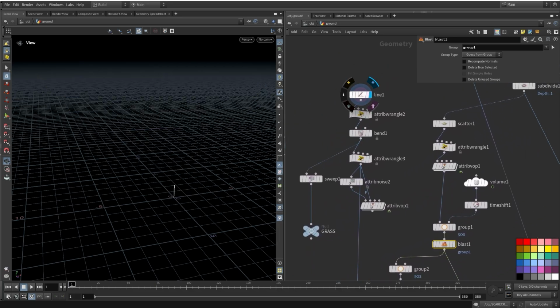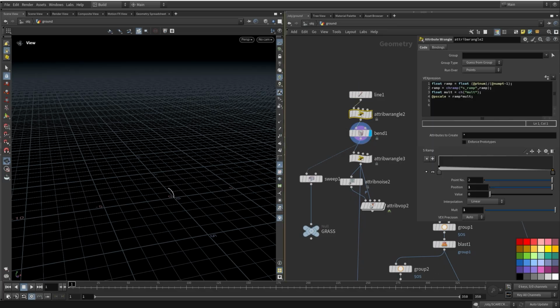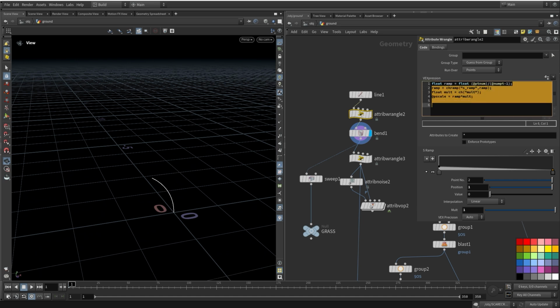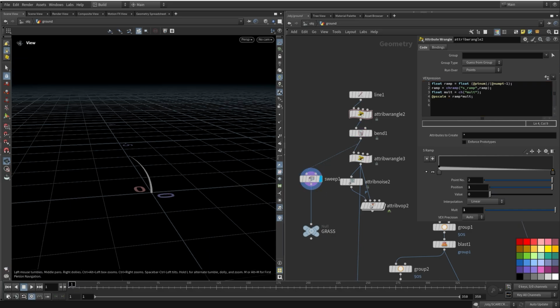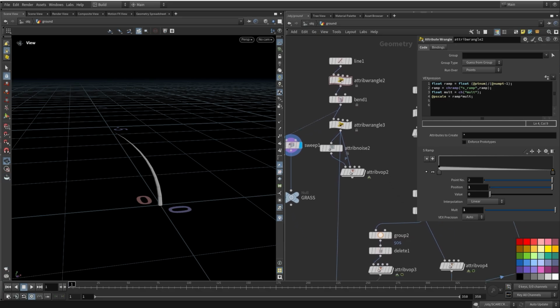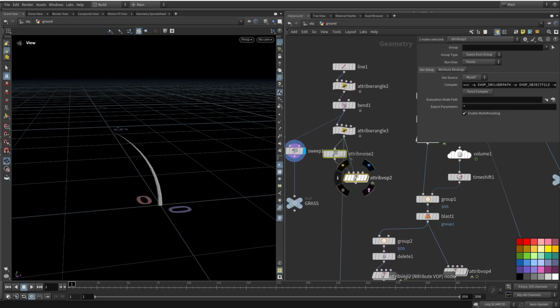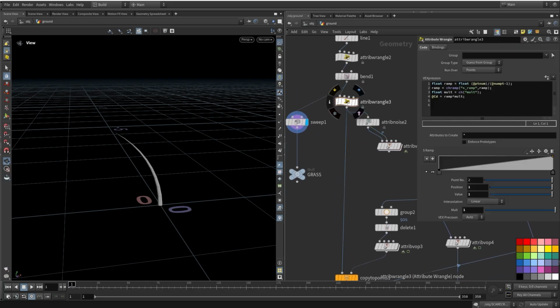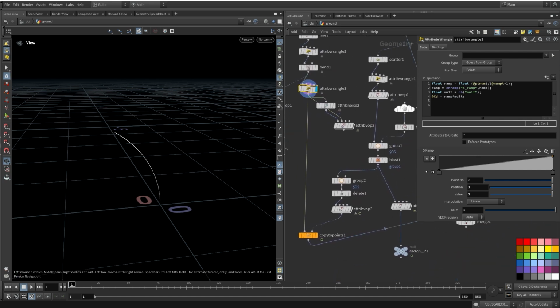So here we have a line, some band, and I'm using this expression to affect my pscale attribute. So I could have a grass shape like this, as you see. Also I'm giving a color, so I could apply some color later on during the rendering. Okay, so